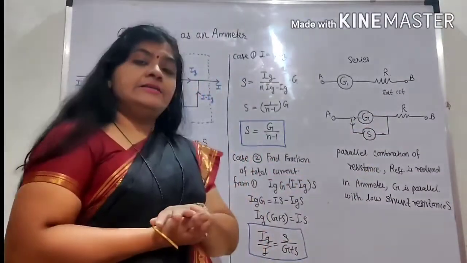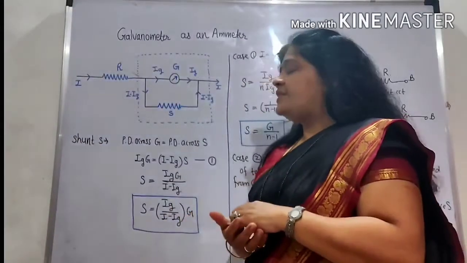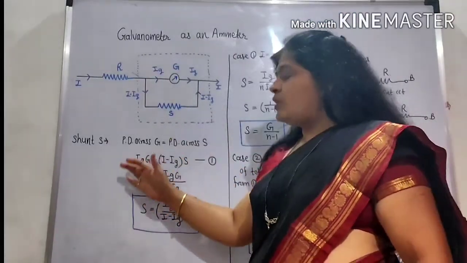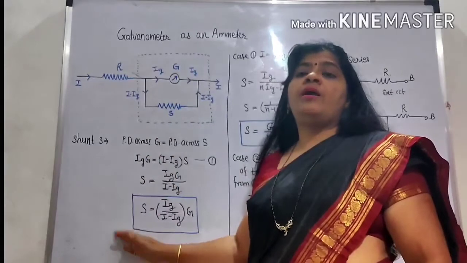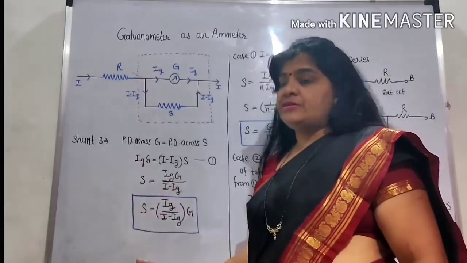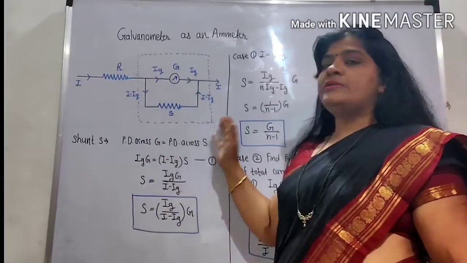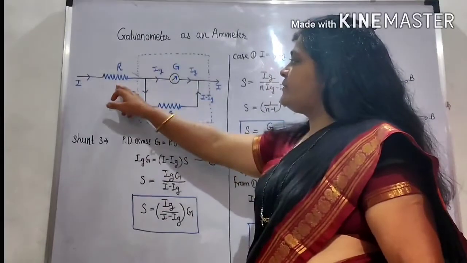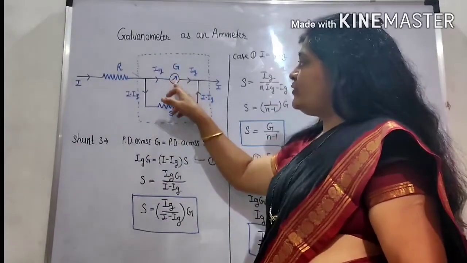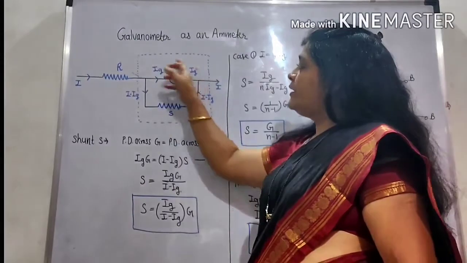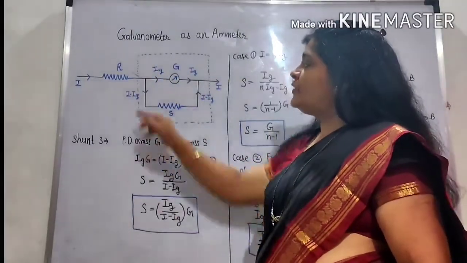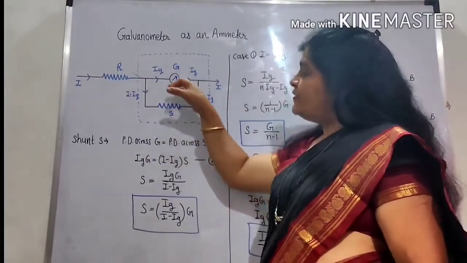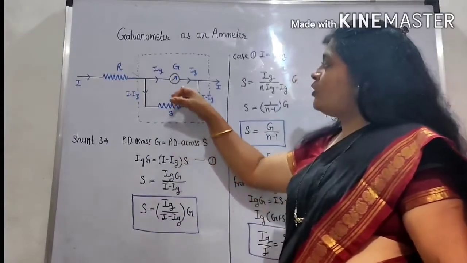Now we are learning how to find the shunt resistance. Is there any formula to find the shunt resistance? Yes, there is one formula, with the help of which we can find the shunt resistance. For this we use a small diagram. In this diagram, this is the external resistance, and current is flowing through it. The galvanometer is connected in series with the external circuit. After that, the shunt resistance S is connected parallel to the galvanometer.